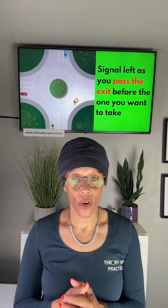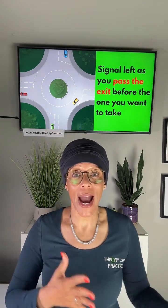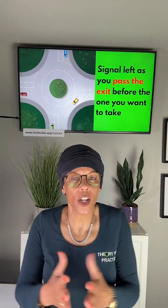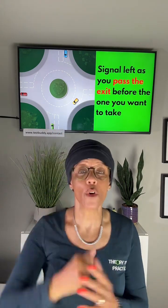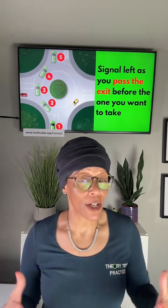But when do you signal? Not too early, not too late. You signal as you pass the exit before the one you want to take. Quite a long sentence, but it makes sense, doesn't it? Signal as you pass the exit before the one you're going to go down. So looking at this image here,